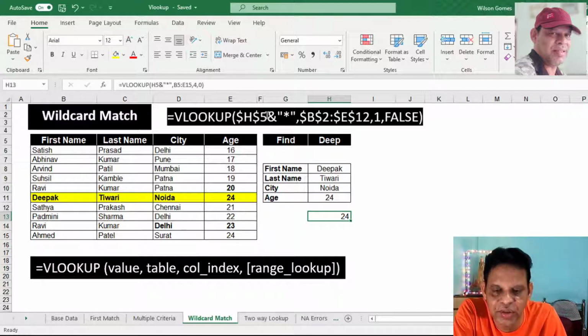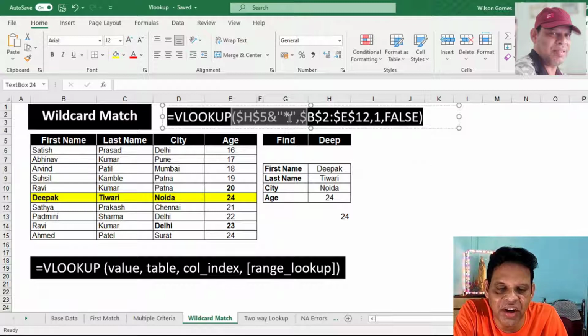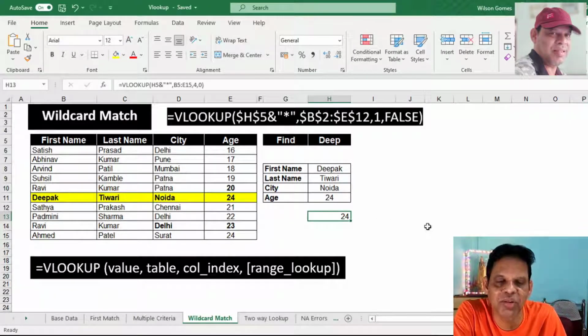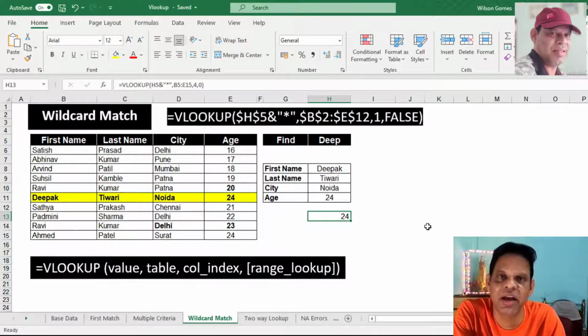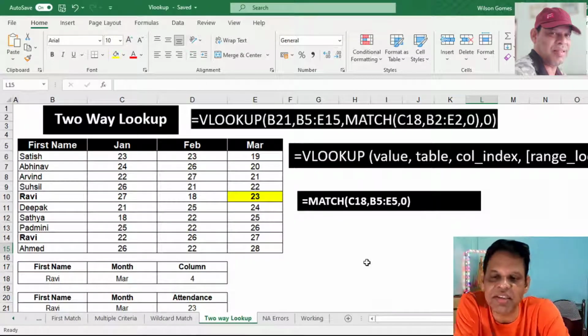I think it is very clear. Standard syntax is used. Instead of this value what we are doing earlier, we have put a wildcard. Wildcard match means I have put this thing extra, this much. And I can find out because I know partial name. I do not know. If I put only the standard syntax, I will get error. Yes.